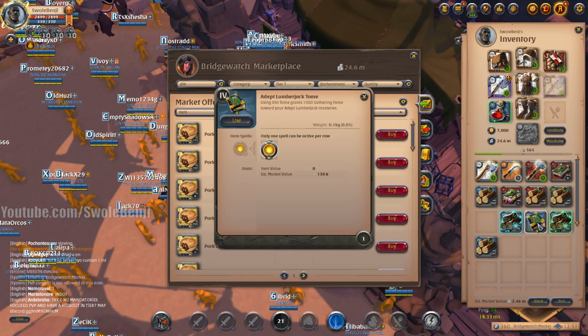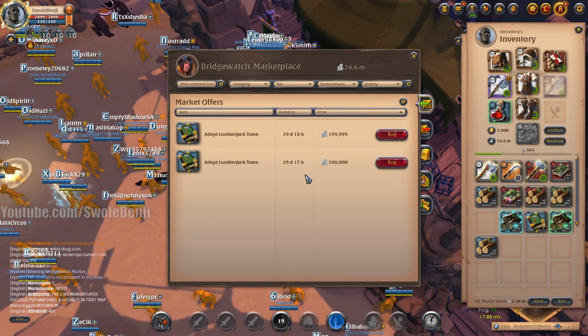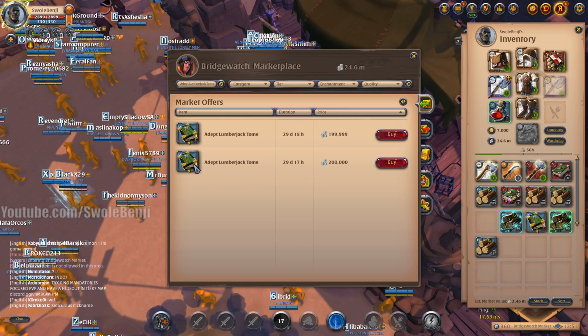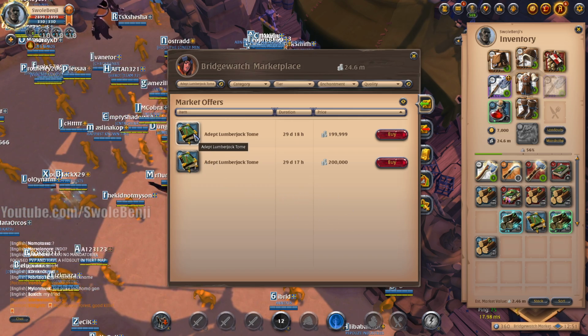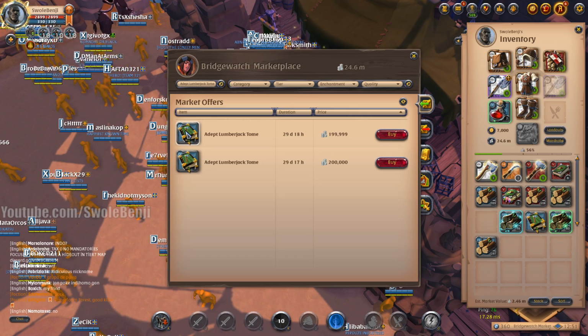But is that the real price? I don't know. There's only 2 on the market. Oh, okay, there's 4 on the market. Could I flip this? I'm afraid to flip it because if I don't check the other markets...